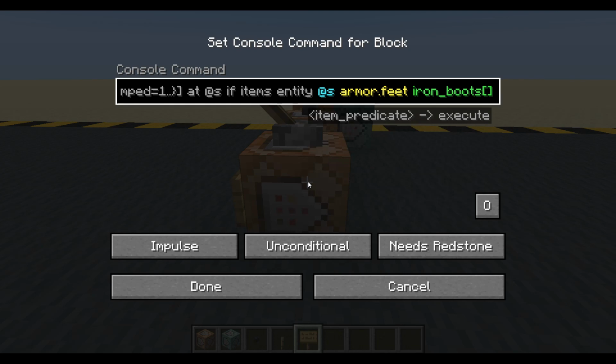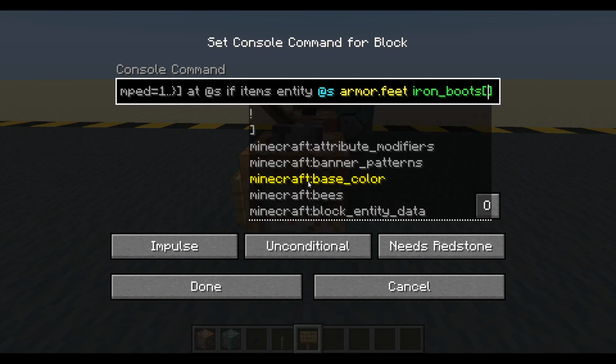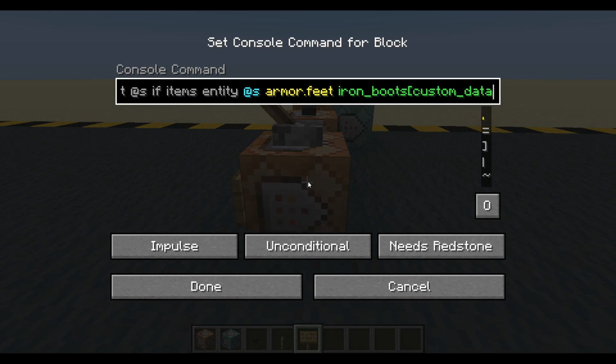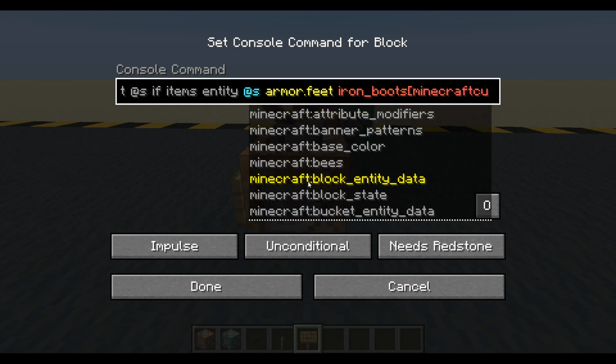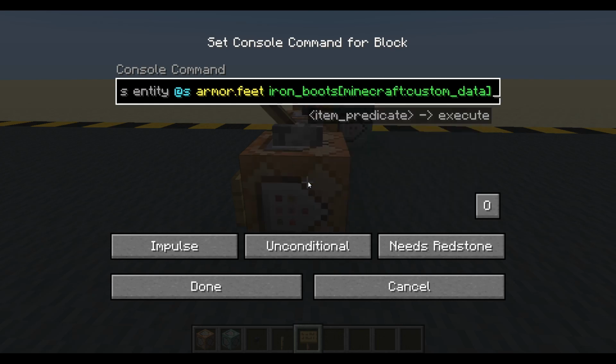But we need to check for the custom data. So, custom data. Now, it's probably good practice to use the namespace, isn't it? Minecraft custom data equals